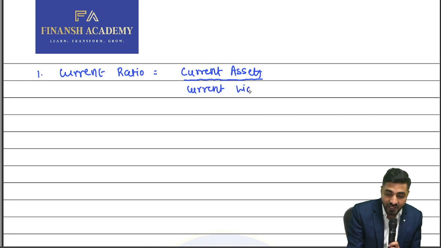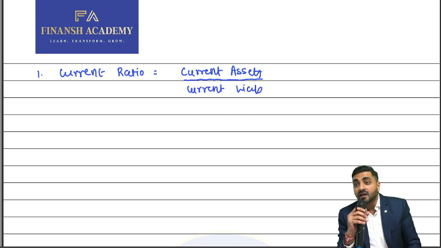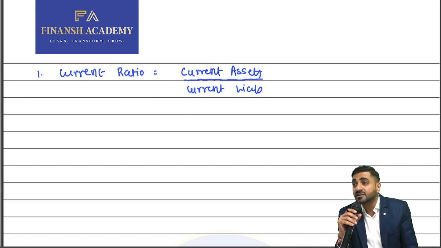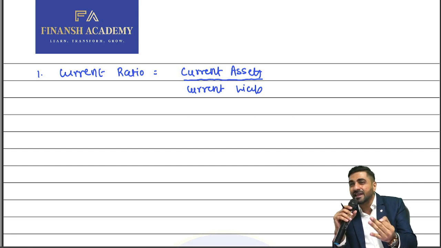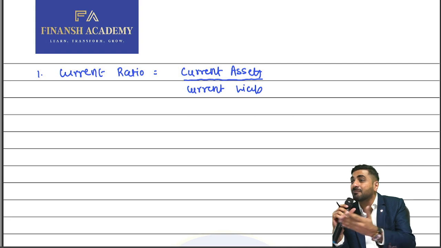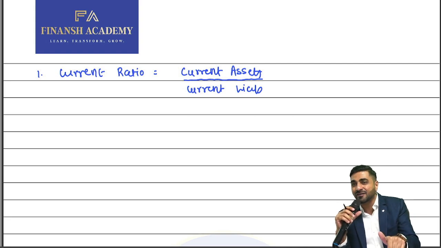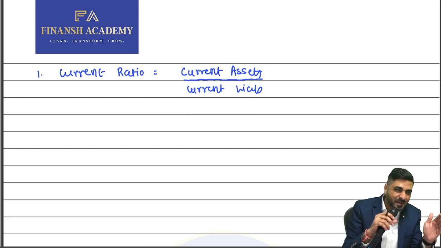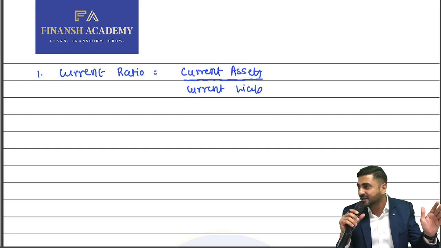The assets which can be turned into cash within a period of 1 year, right? What are the components of current assets, everyone? Stock, debtors, prepaid expenses, cash, bills receivable, bank, all those things will be forming part of your current assets. And current liabilities, what? Creditors, bills payable, outstanding expenses, and all those.